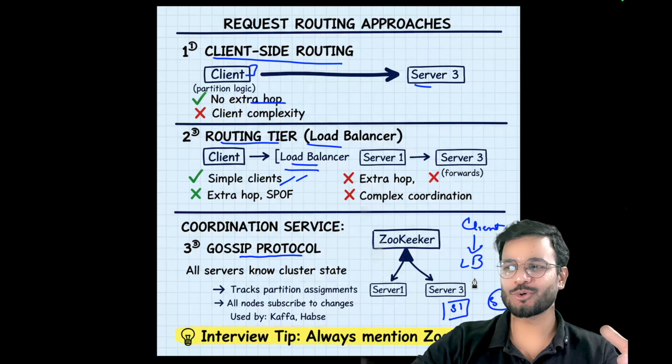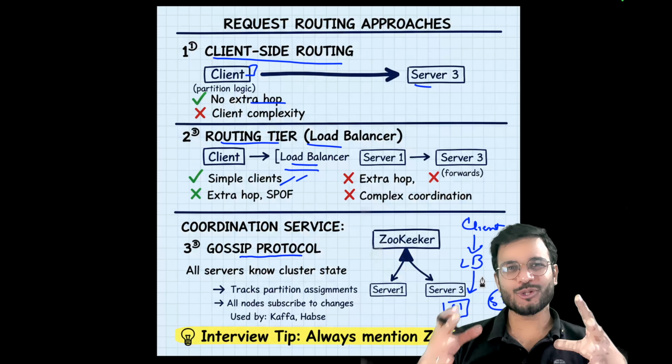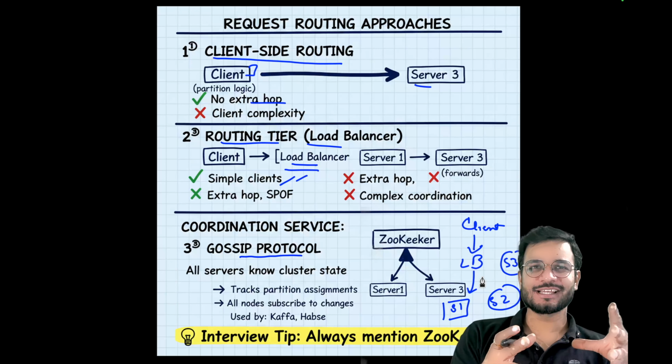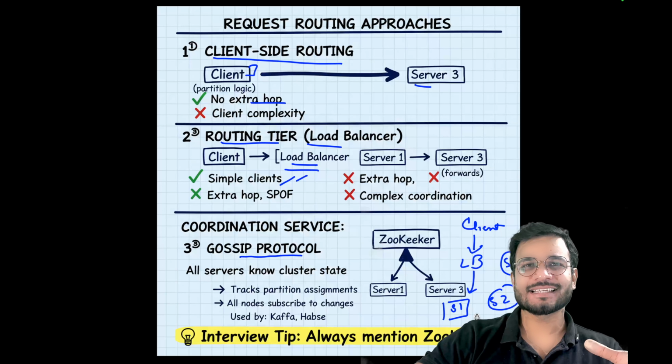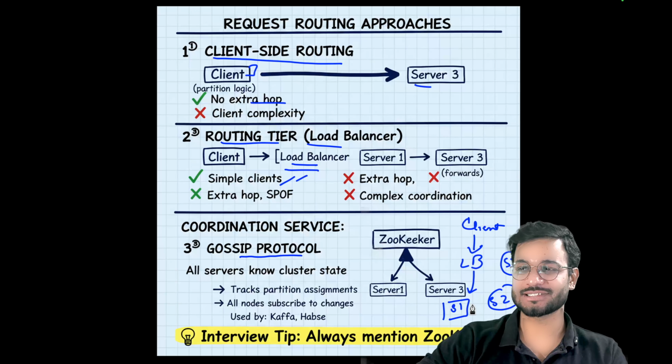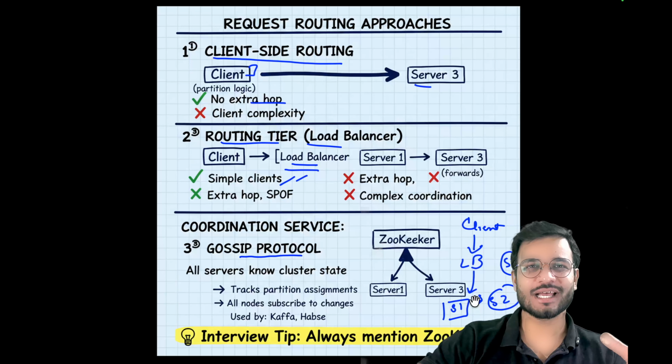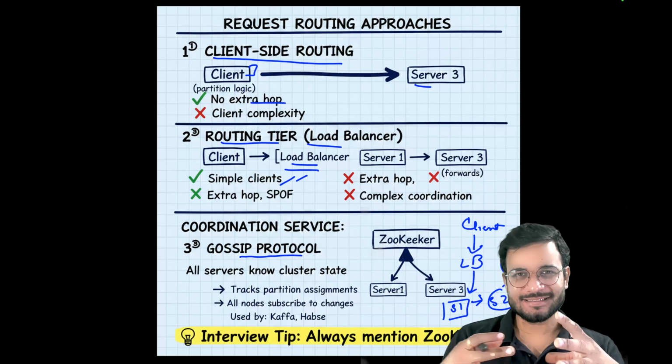Now randomly the load balancer decides to send the request to server 1. All the logic of the partitions is stored in all the partitions. Server 1 realizes that it does not have that information, but it knows which server has the information. So it will redirect to server 2 because it knows server 2 has the information. Here in this case, we will store all the logic of all the partitions in every partition. That way we will have less of an extra hop.